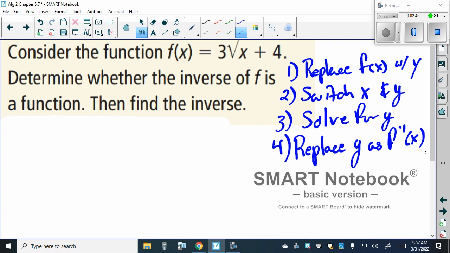So, looking at this function, f of x equals 3 times the square root